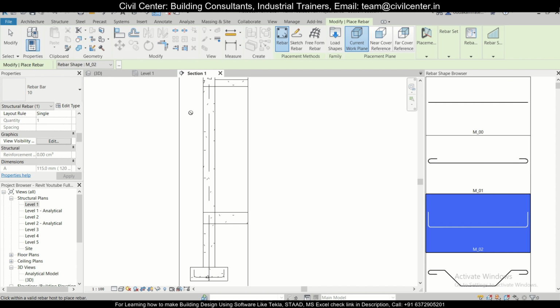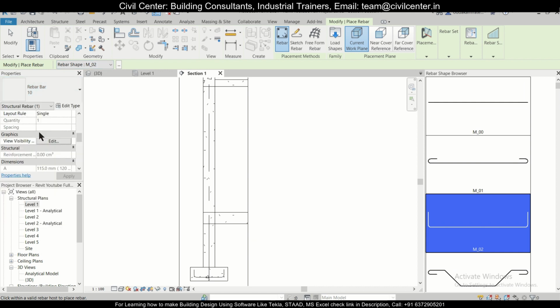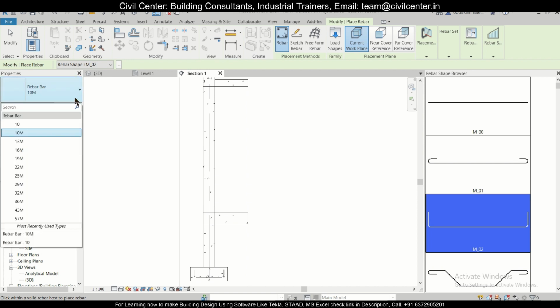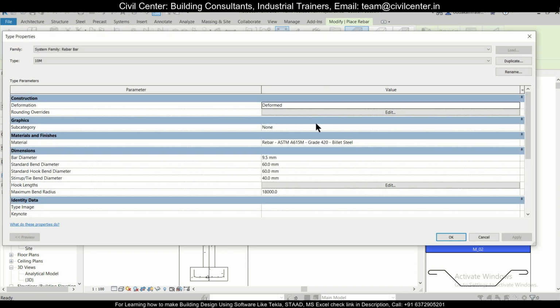For the longitudinal bars, we'll first define our particular rebars. So we'll select any rebar here, and after selecting the rebar, we'll go to edit type. We want 16 bars to be provided. So we'll click on duplicate.